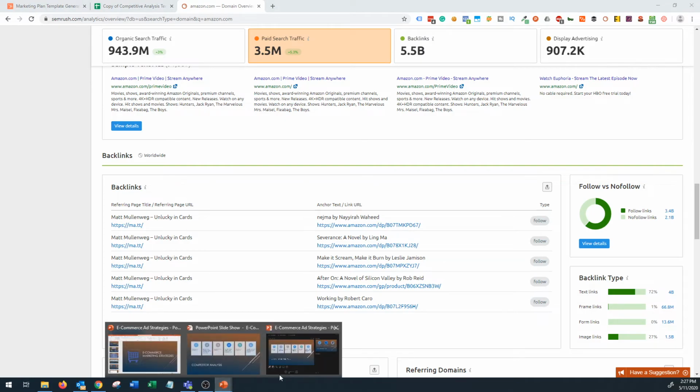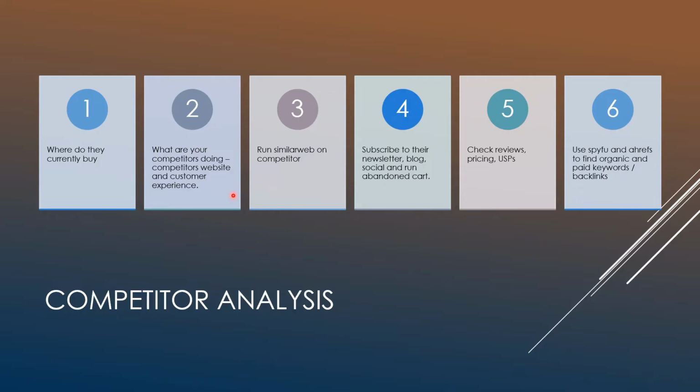So let's move on. The next step is competitor analysis, as I mentioned, and basically you can ask these 6 questions, which is where do your current customers buy, or which place do they go and buy the similar products that you are planning to sell?